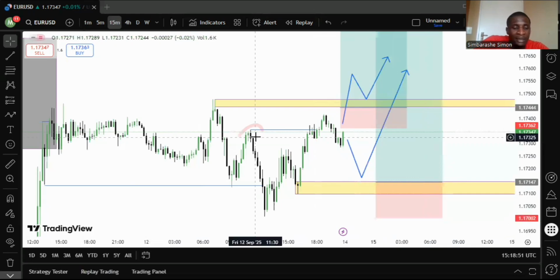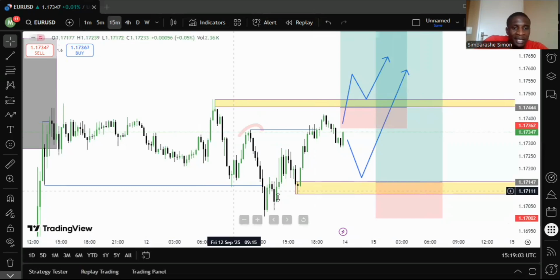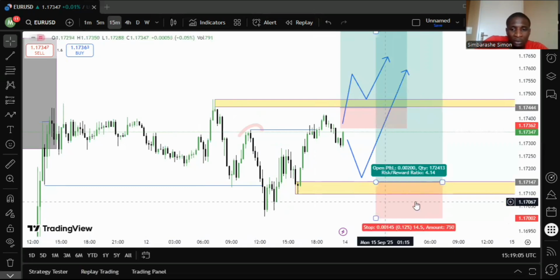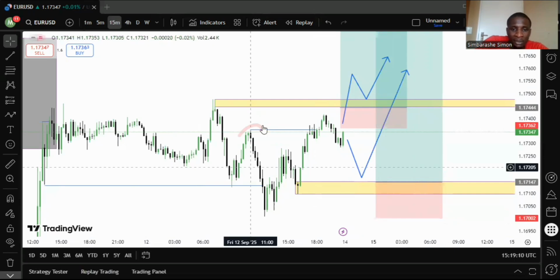But just know that we are still bullish on USD, guys. Weekly bullish, daily bullish, 4 hours again bullish. Then 15 minutes, it can tell you, guys, because we took out that 15 minute supply zone. It didn't even get to where you wanted, maybe to a lower demand zone. But now it has started to take out some points. So basically, it's going to take out that high point,